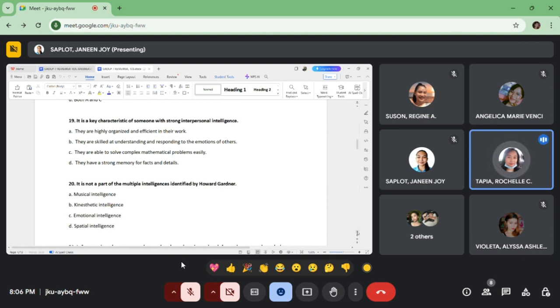And for letter D, they have a strong memory for facts and details. So this is a characteristic of linguistic intelligence or memory. So this is incorrect. So the best answer is letter B. They are skilled in understanding and responding to the emotions of others. So for number 20,